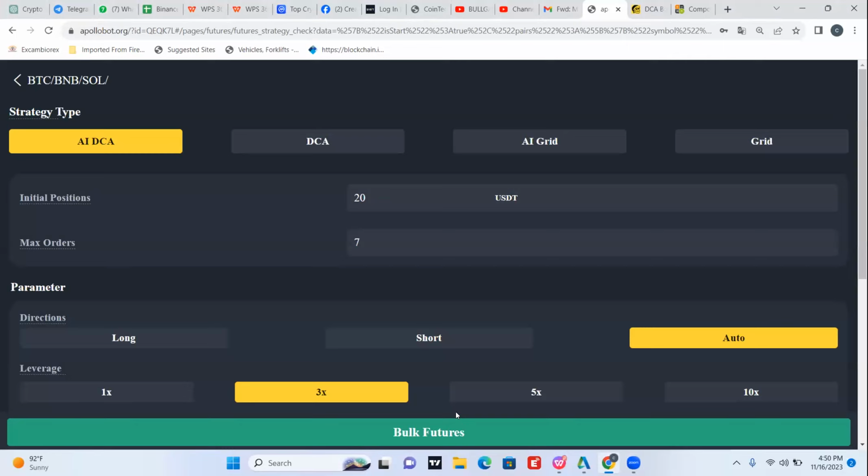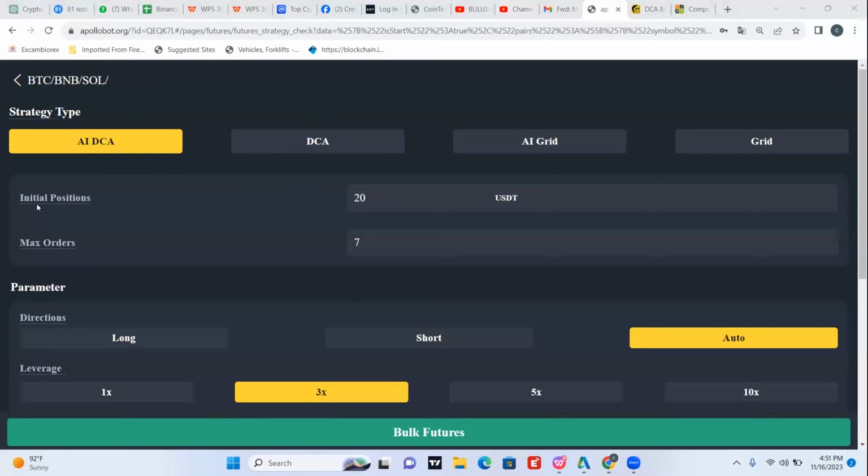Remember, this is the Futures Classic. This is the futures. We're not talking of sports right now. When you come here, remember you need to stick to the AIDCA. Then you pick your positions, your initial position. You can see my screen. It's BTC, BNB, and Solana. So you pick your coin,